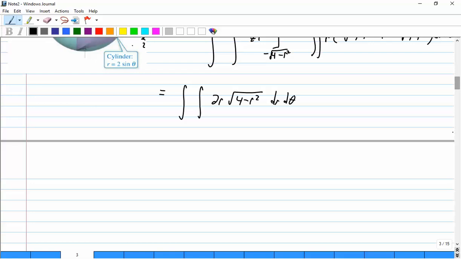u du, right? u equals 4 minus r squared, du equals what? Negative 2r. There's an r there, there's a 2 there, if you want to think about it like that. If not, bring out your 2, then bring out a 1/2, and they cancel out anyway. So you're actually only integrating the square root of u. Is that right? Of course it is. And the integral of the square root of u is equal to